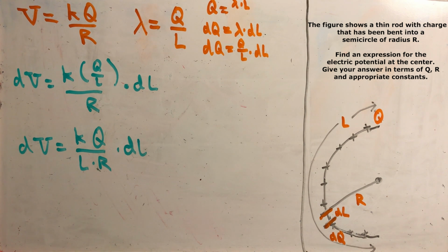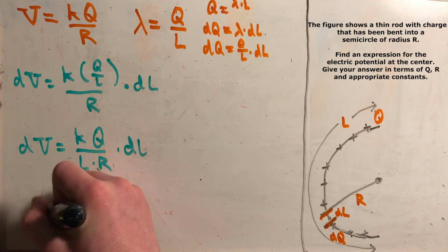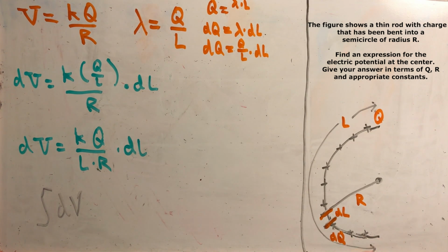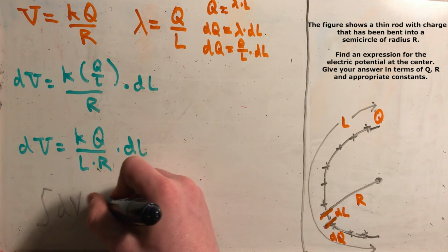And in most cases, we would need to write which points we are integrating between, but because in this case every one of our values are constants and don't change, being that the distance from the center to any point on the semicircle is always exactly the same, we don't need to worry about that. So I'll write out our equation with our integral sign. So we have the integral of dV, and that equals,